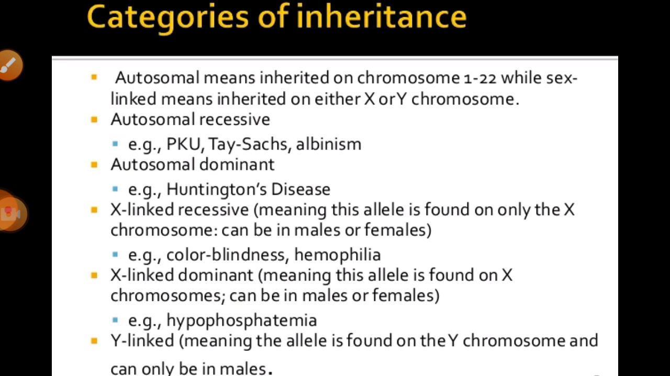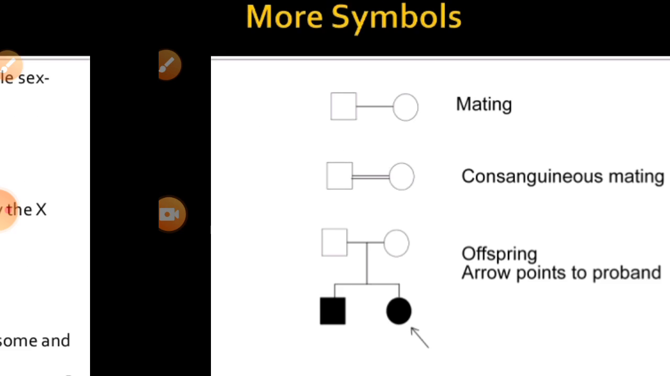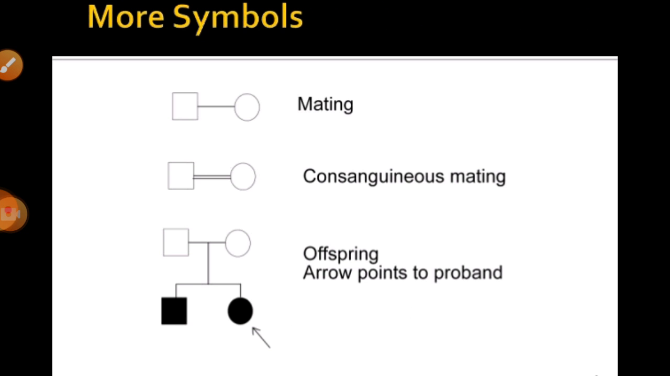So if we talk about this particular type of crossing between these organisms, there are also some other symbols. Roman numerals always show the different generations, and Arabic numerals show the birth order within each generation. Then, if we talk about the analysis,